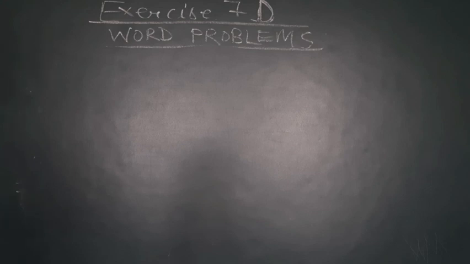So we have to write the statement first, and what will be the first statement, students? The first statement will be: distance covered on the first day, that is 270 kilometers. Distance covered on the second day, that is 180 kilometers. Distance covered on the third day, that is 250 kilometers. Distance covered on the fourth day, that is 100 kilometers. And at the end, the average distance they traveled per day is equal to 270 plus 180 plus 250 plus 100 upon 4. This question is your homework. You have to do it on your own in your maths homework copy.